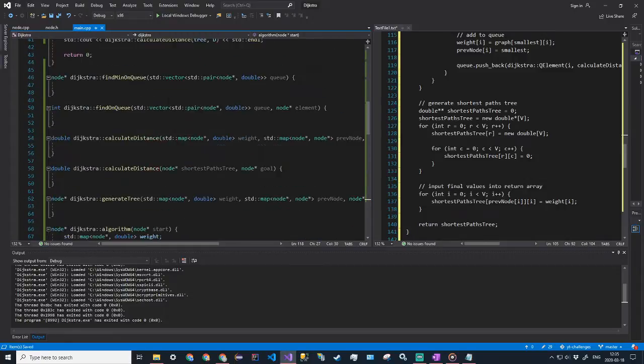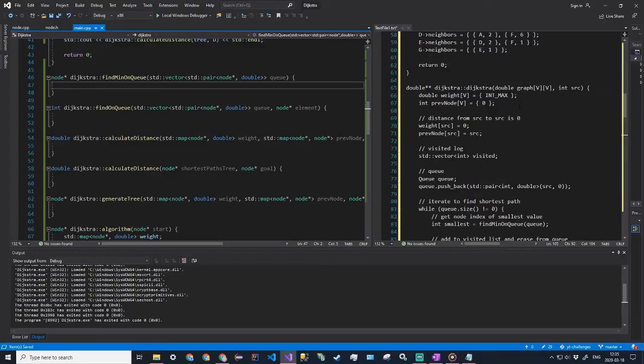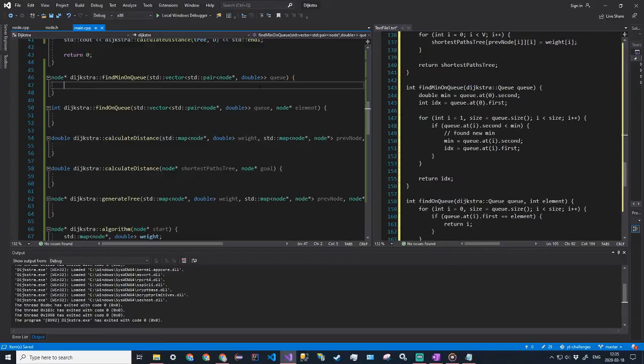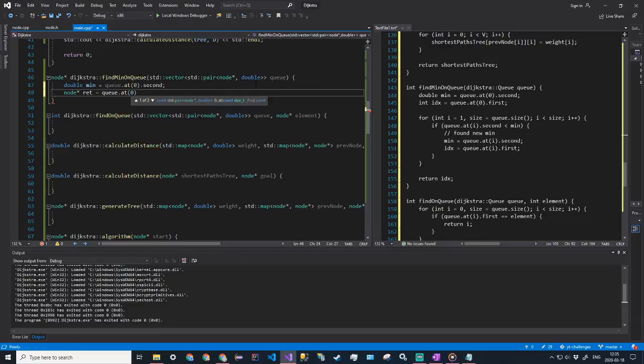Now for updating the other methods. Let's start with find min on queue. It's going to look pretty similar to what we have. So we're going to have a min and a return placeholder. So double min is equal to q dot at 0 dot second. This gets the first weight, and then the return placeholder will just be the first node, so q dot at 0 dot first,